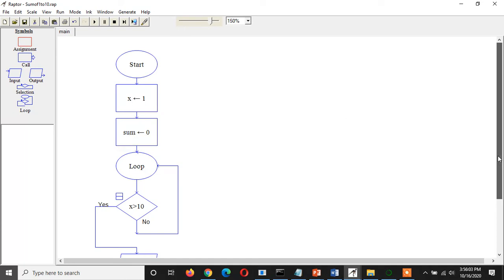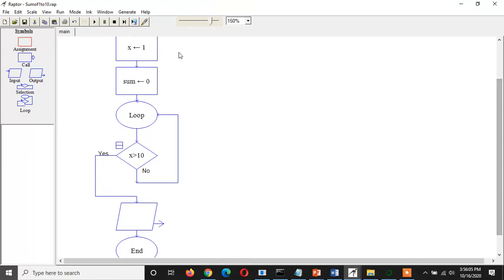Now we'll start with our flow chart, with our program. So here, before we enter the loop, we are going to add sum and x, and then the answer will be stored into sum again.